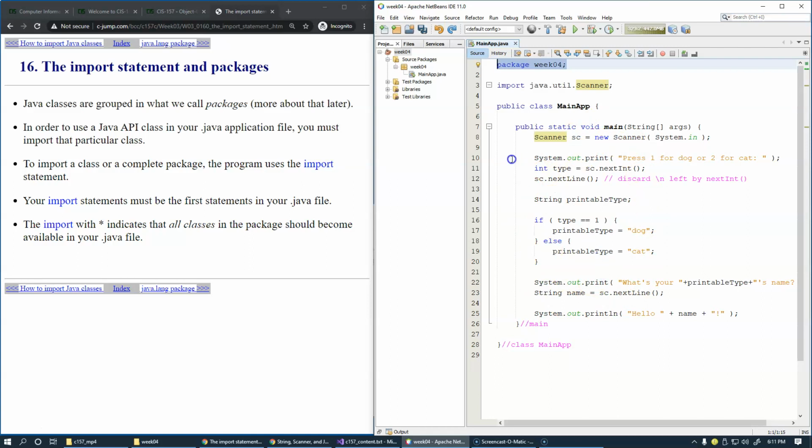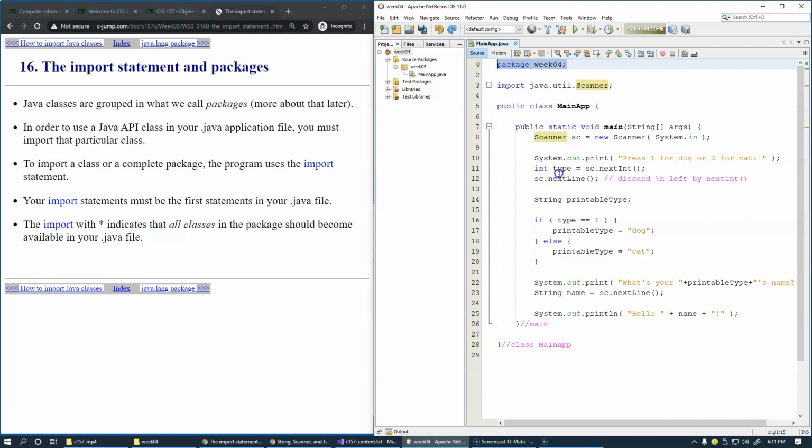So packages allow us to create components of our software and organize it. For example, to store classes that would deal with user interface, with some sort of business rules, with mathematical computations, with database. So normally you would have separate packages for all of these